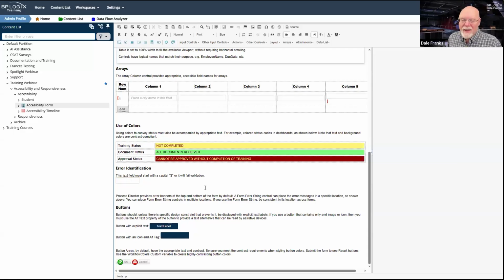So the only thing I would say is if you're going to use the form error string and you're going to put it in a custom location, be consistent across forms. It's not really an accessibility thing as much as it is a design rule where when a user opens one of your forms, it should be familiar to them.